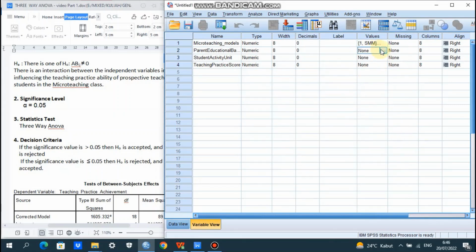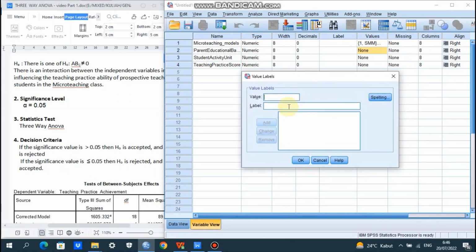And then we go to the value for parent educational background: number 1 for college or university, number 2 for senior high school graduate, and number 3 for junior high school.